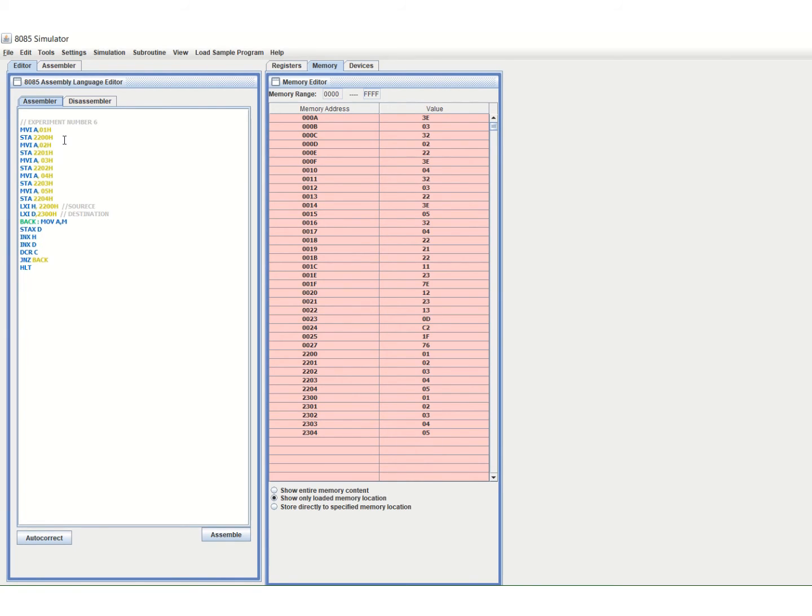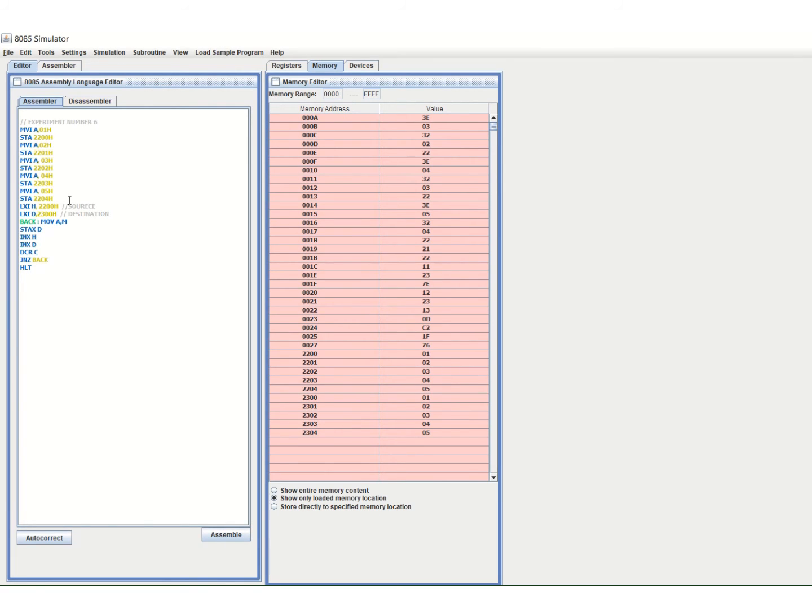For memory storage, I am using the MVI instruction, where 01 is stored at 2200, 02 at 2201, 03 at 2202, 04 at 2203, and 05 at 2204. As per the block size, you have to select the counter.